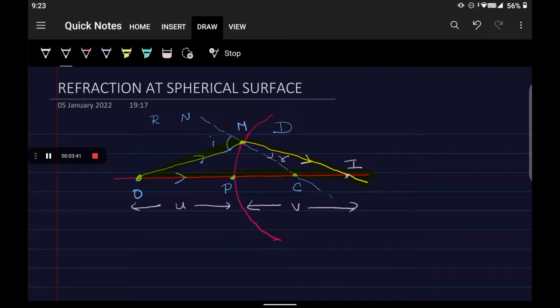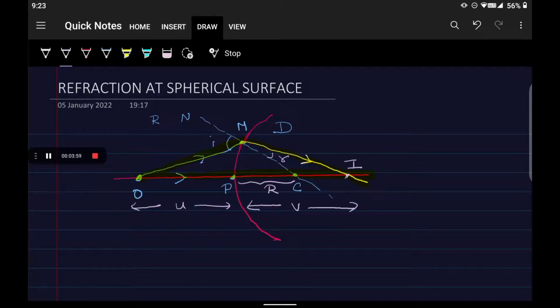And as you know well, this distance CP will be your radius of curvature, right? These are the assumptions that I want to say. Since the object is at the left hand side, according to the sign convention, it will be -u. That you have to keep in your mind. These are the assumptions you can have for this diagram, right?